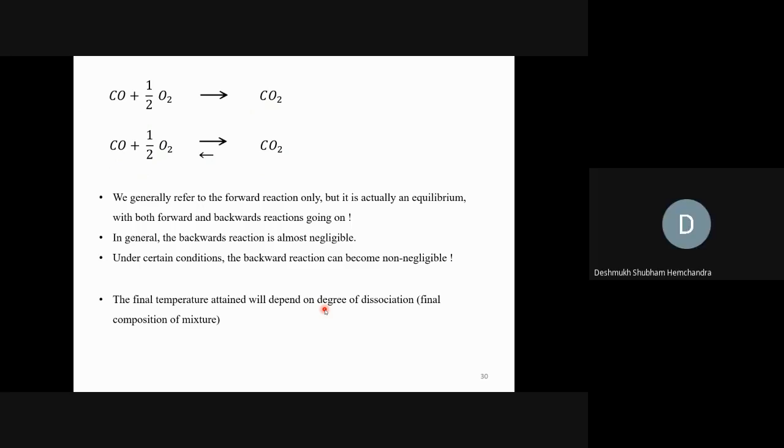Yes. So when this reaction is non-negligible, it will still be much lesser than the forward reaction, but let us say it is not almost zero, it is slightly higher than zero. Then we'll also consider this and do some more calculations, and that will help us find the final temperature. It will not be the adiabatic flame temperature, because for adiabatic flame temperature, we assume that there is no heat transfer and all the reactants have become product.